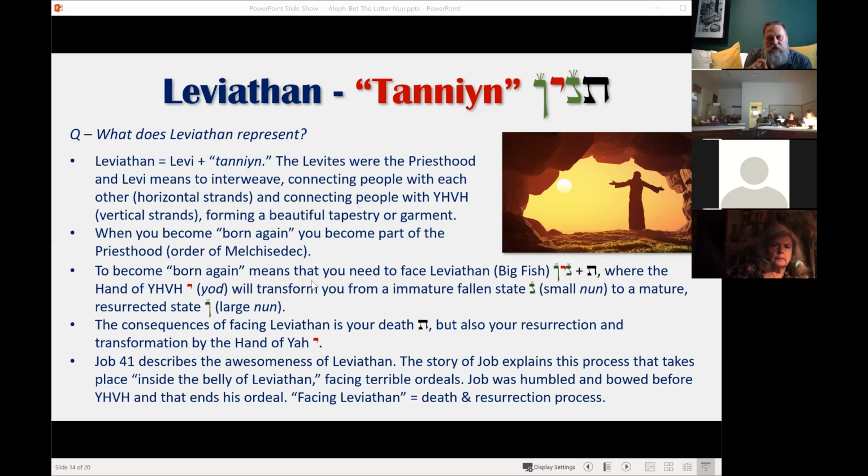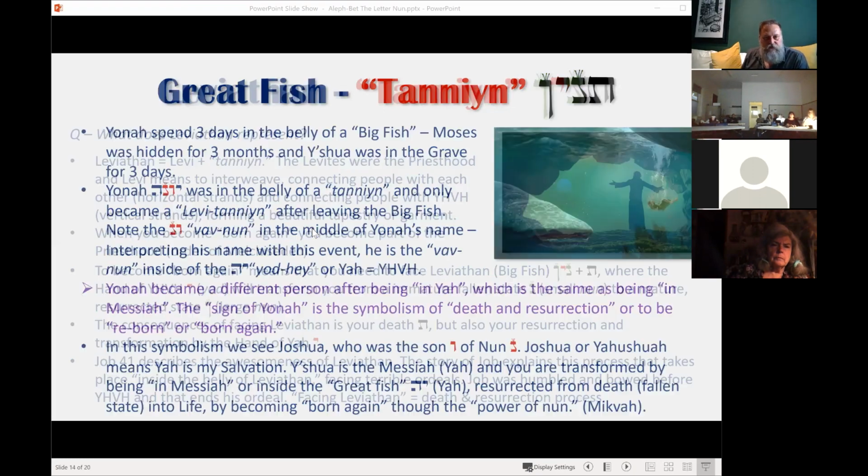And every single one of us that is reborn by the work of the hand of the Spirit, which is that Yod, is given the authority or the anointing to be a priest. So Yahweh not only saved people after Messiah, he elevates us to a state of priesthood, so that we can be useful in his kingdom.